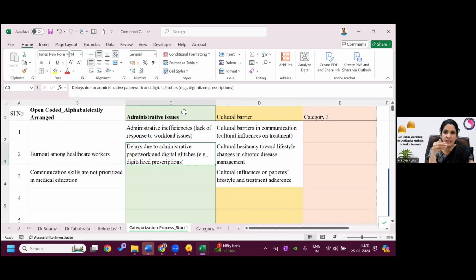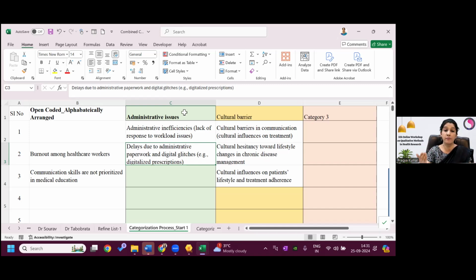By seeing your verbatim, you can also classify a few subcategories into the administrative issue. Why? Because when I was going through the codes, somebody had said digital glitches. There was one code of digital glitches. There were a few people who said administrative work per se in the academics.